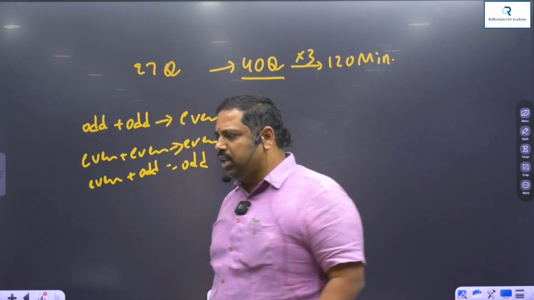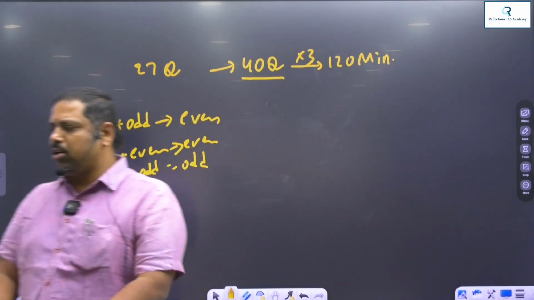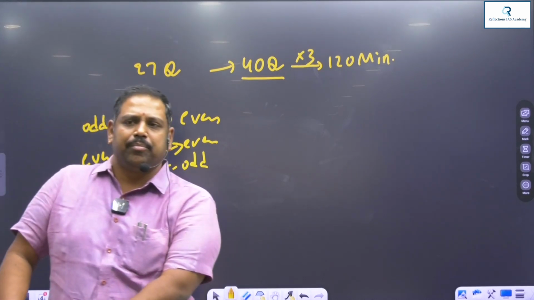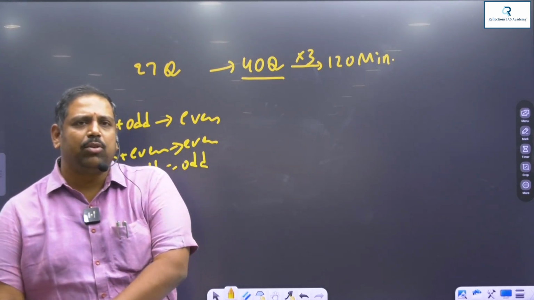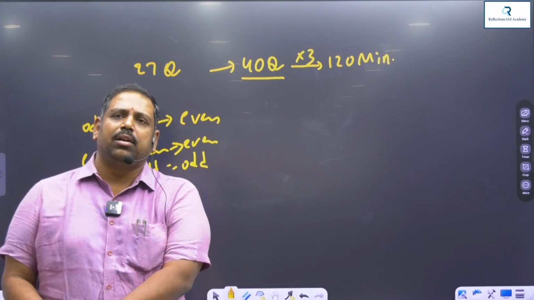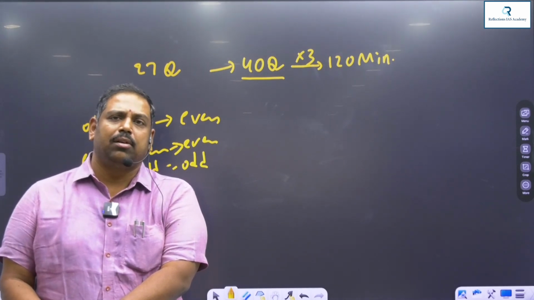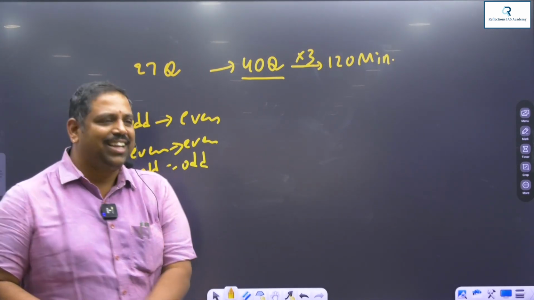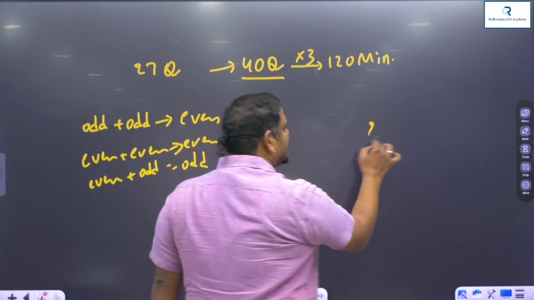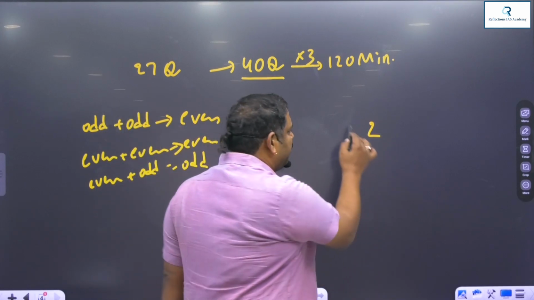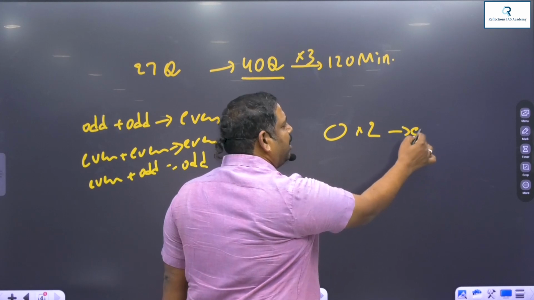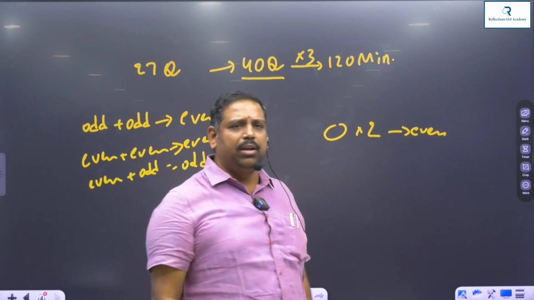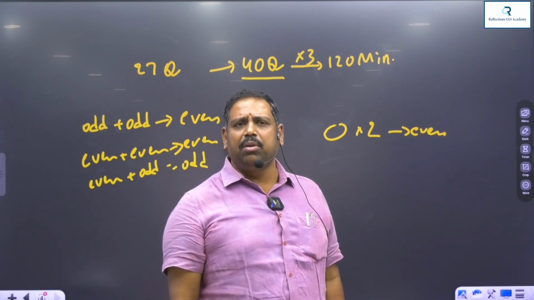Okay, prime into even number is even or odd? Even. Sure. Here, you are multiplying an even number. An even number means it's a multiple of 2. Any number if you multiply with 2, it will become an even number only, right? So, prime number into even number will be even only. Prime number into odd number will be